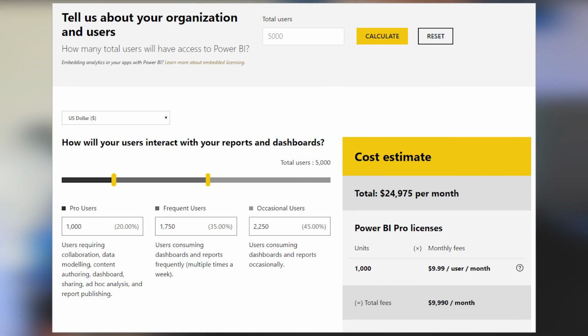Also, to help you make a decision on what you need for your organization, or maybe not even necessarily what SKU you need, but how many of these capacity nodes you need. So do I need 2 or 3 P1 SKUs or 2 or 3 P3 SKUs? What's really the right answer for me? We have a calculator available for you out on powerbi.com to help you gauge and get an idea for what you're going to need based on the utilization of Power BI. Go check out that calculator, and you will see both uses for normal Power BI usage, as well as if you're an ISV trying to embed Power BI into your own application. So you can check that out.